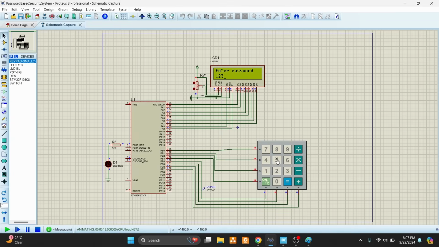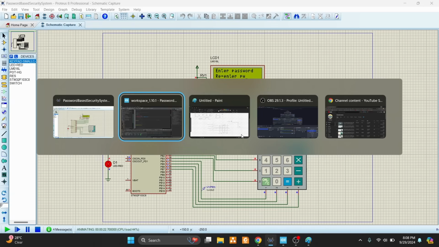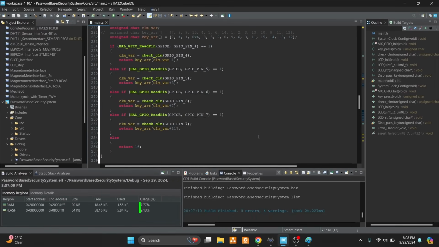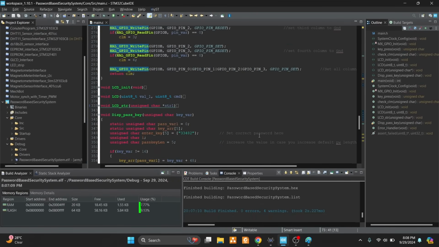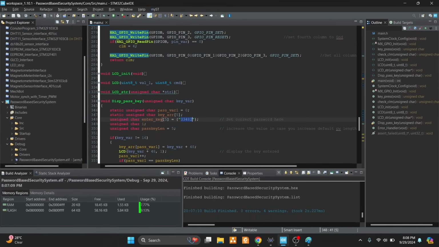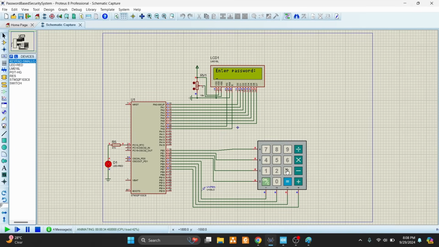For, yeah, and 5, right? Re-enter password. Now we'll go back to code and we'll check the default password. The default password for our code right now, whatever the code that we have compiled, the default password for that code is 33482, right? So we'll enter 3, again 3,